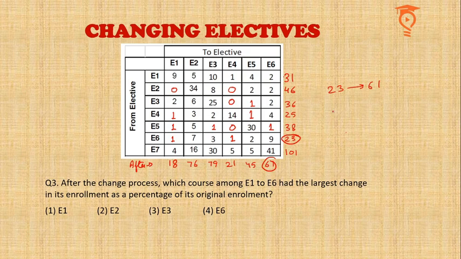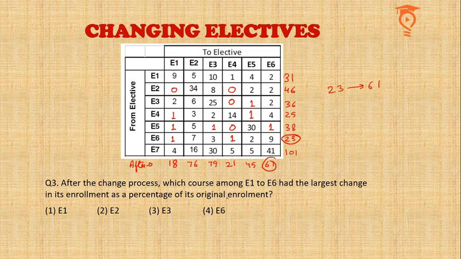So if we see the increase, E2 increased not even by twice. E3 increased a little more than twice, but only a little more than twice. Okay, it's like 2.1 something, 2.1 or 2.2. E4 decreased only. E5 increased, but not even twice. But E6, if you see, it is almost 3 times. 23 into 3 is 69, and this is already 61. So it is very close to more than 2.5 times. So clearly, E6 becomes the answer.